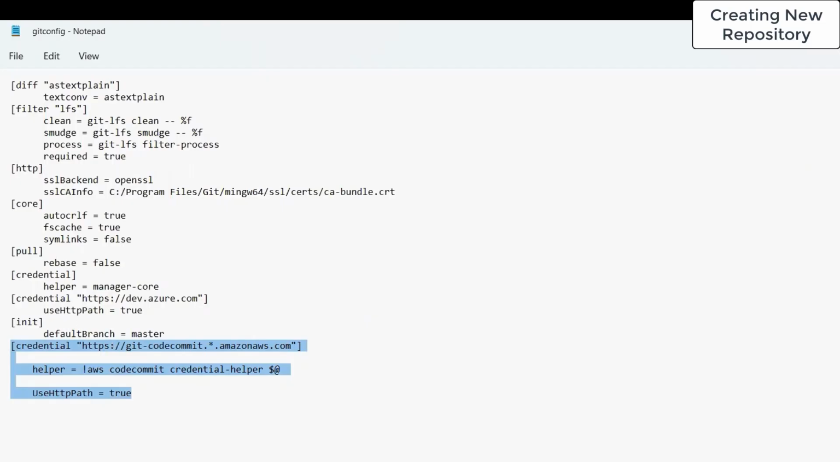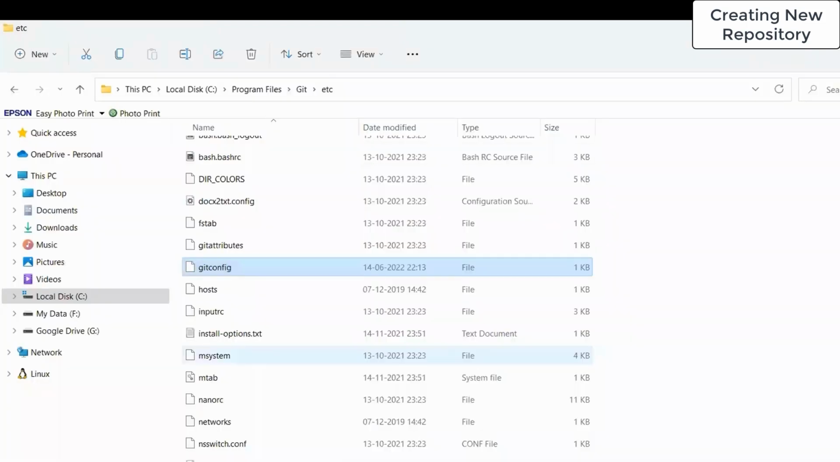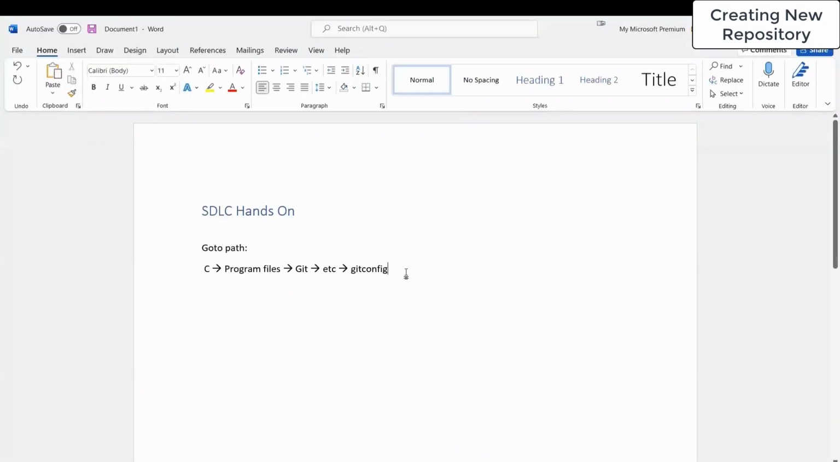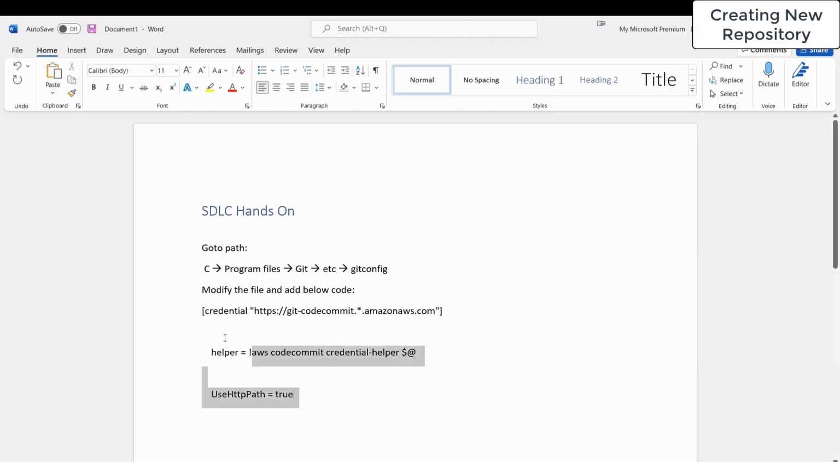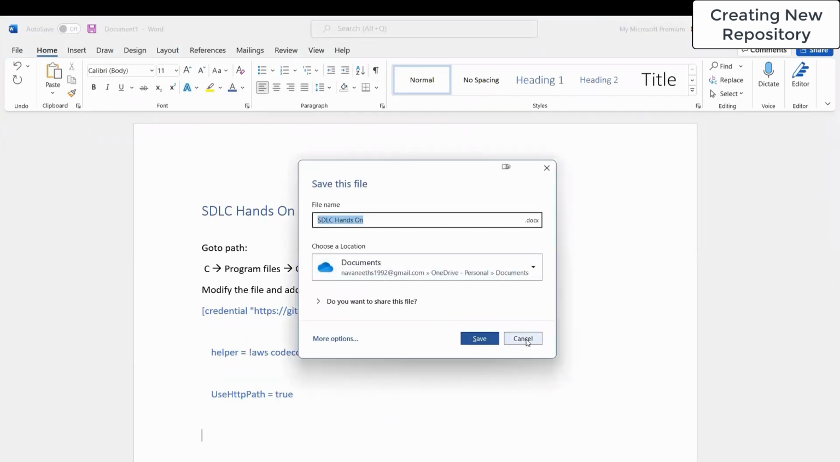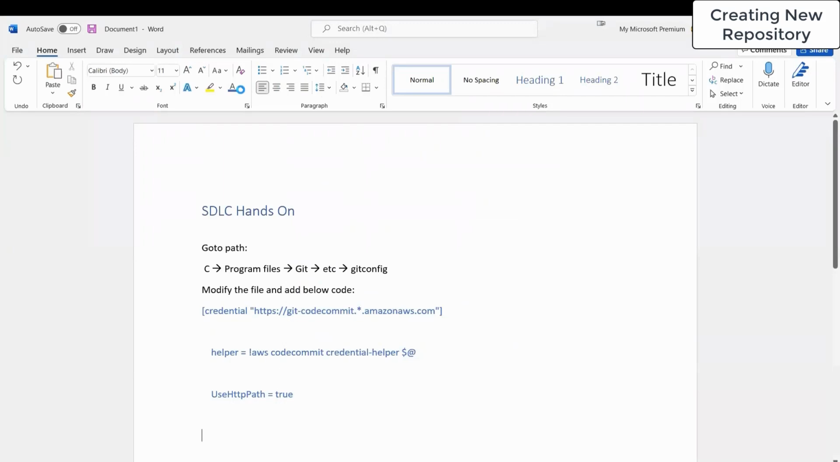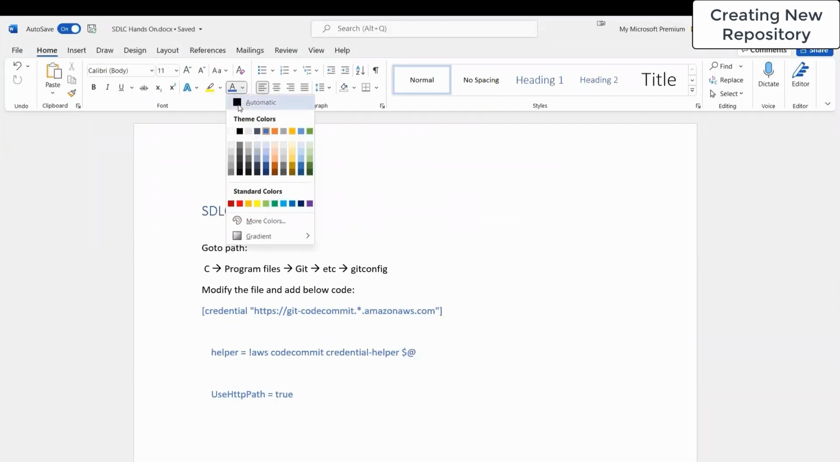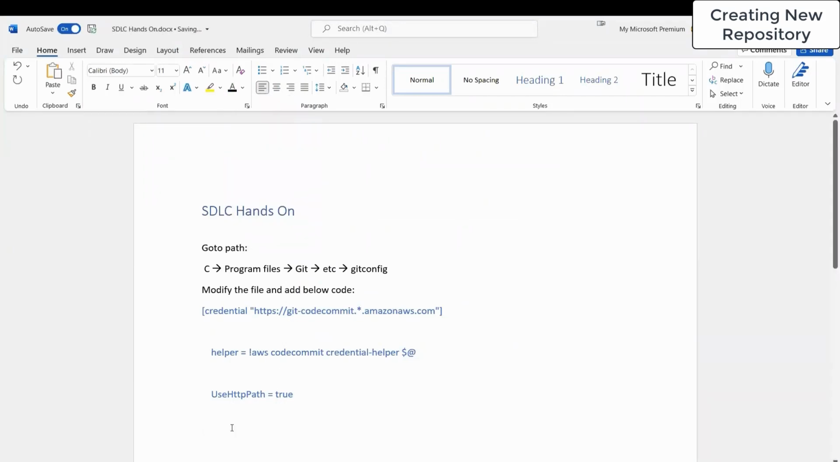So I'll copy this and I'll share it over here in this document, and you can modify the file and add the below code. And I'll mention it in different colors so that you can understand. Okay, this is what you need to add while performing this in a hands-on manner. Okay, now once this is done,